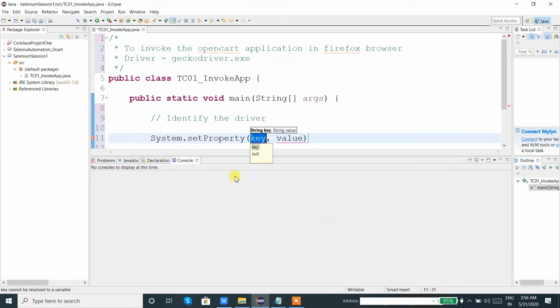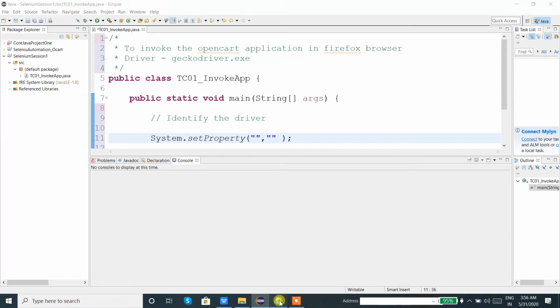It will have two parameters. One is key, another one is value. Key is the string, which is the name of the driver, and value is the driver path. So let me remove this key value, and I'll put both as strings, so I'm putting the double quotes.